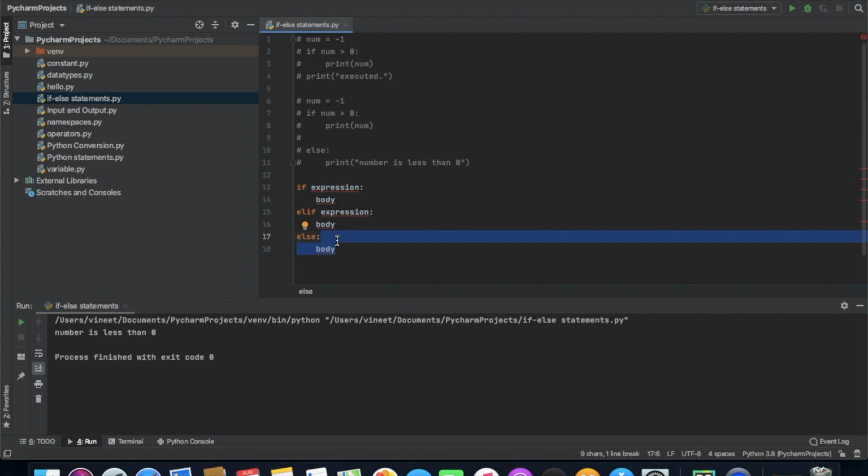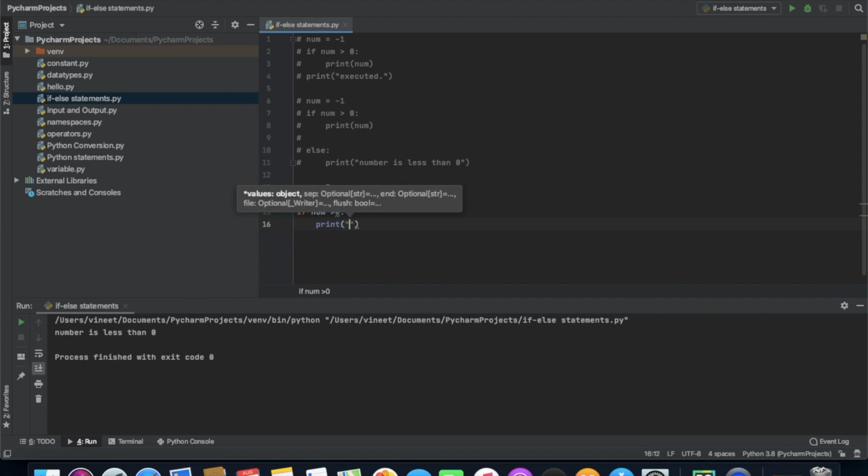Let's take an example of an if elif else statement in Python. Let's remove this first. So I'm just going to take num equal to 5, and print if num is greater than 0, print "positive".